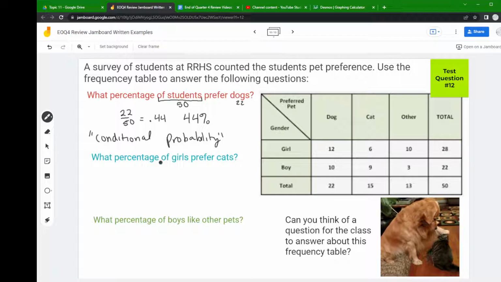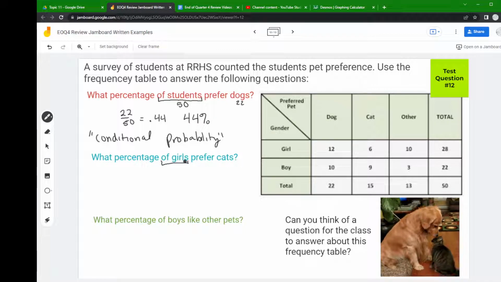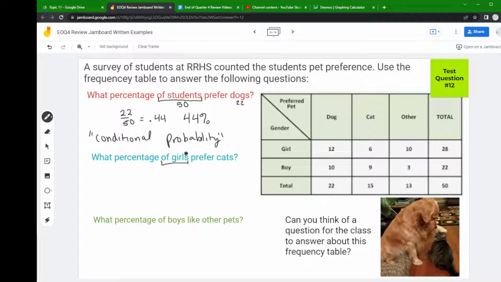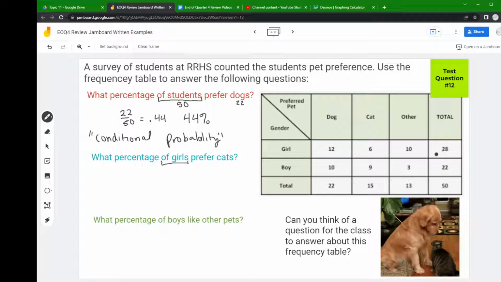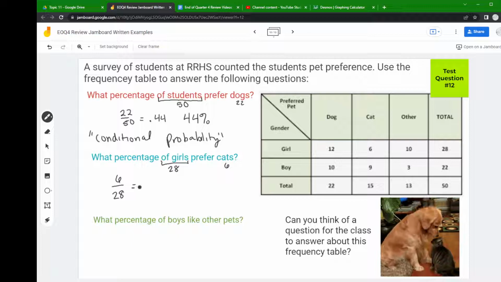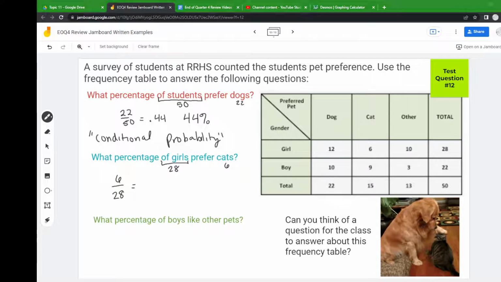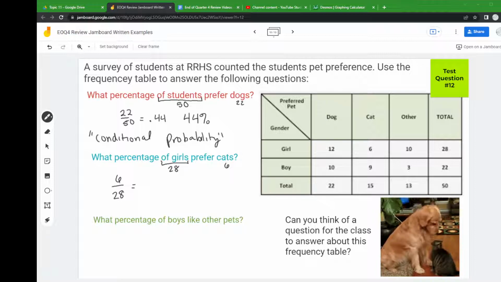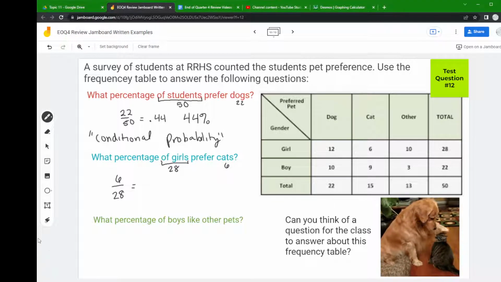So then this says what percentage of girls prefer cats. So that "of girls" says that our total that we're discussing is the girl total. So there are 28 girls in this survey. And of those 28, so in this row, 6 of them said they prefer cats. So I would say 6 out of 28. If I use my calculator and do 6 divided by 28, I get 0.214. So I'm going to change that to an approximation and call it 0.21 because the 4 would round down. So you'd say there's a 21%